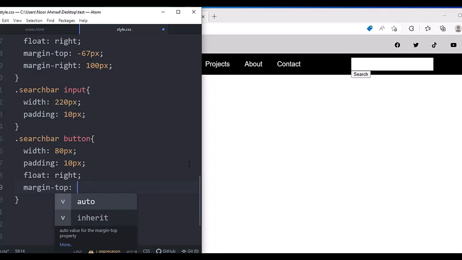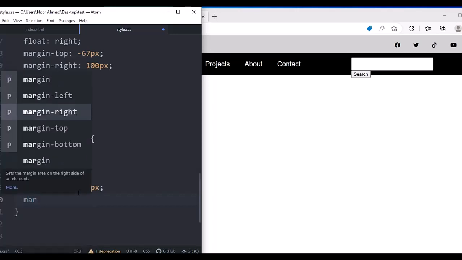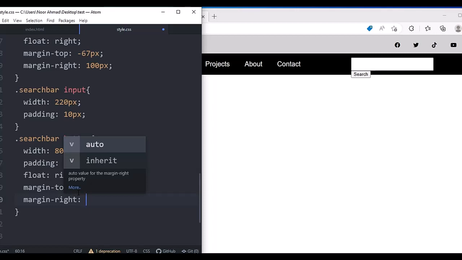Margin top will be minus 90 pixel, and excuse me, it's margin right. So margin top is 13.9 pixel, and margin right is minus 90 px,